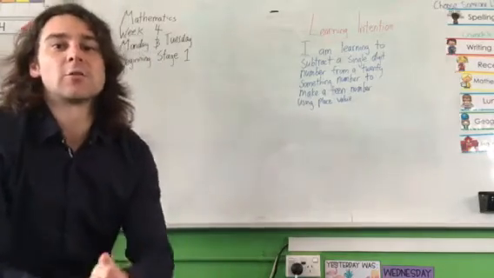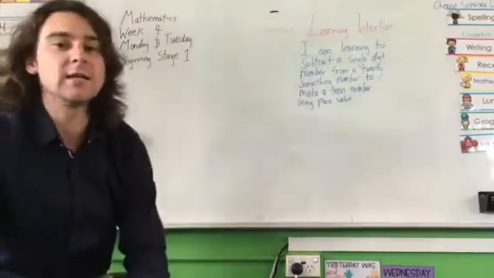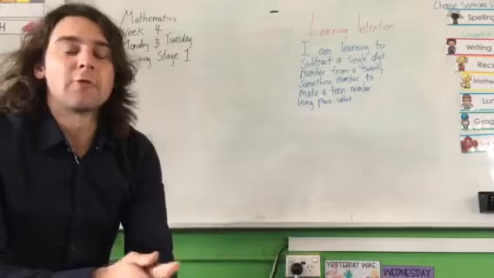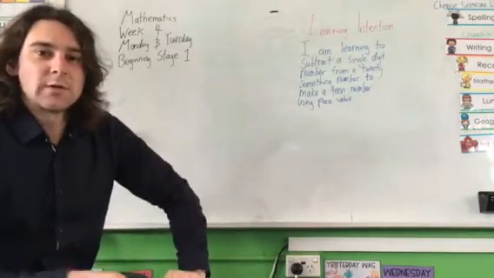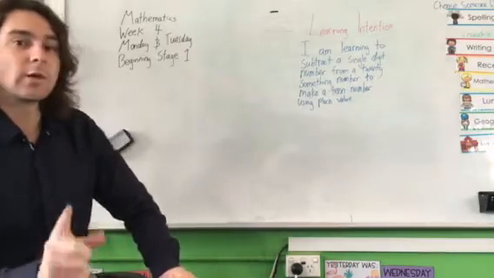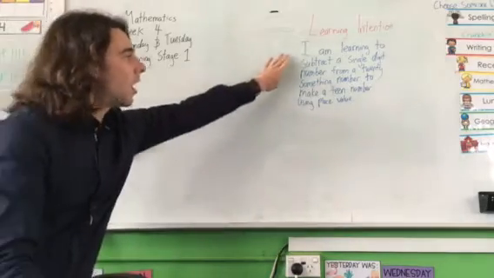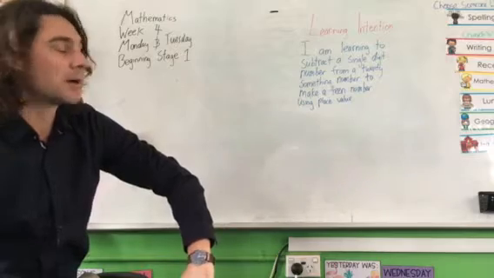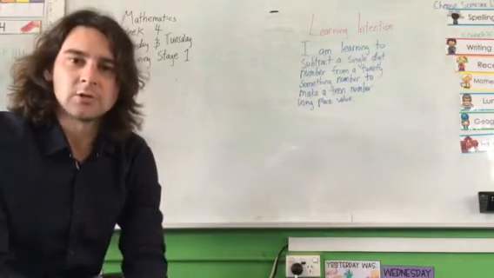Now we are going to go through our math lessons on a Monday and a Tuesday for beginning stage 1 for week 4. On Monday and Tuesday this week we are going to be doing the same thing in beginning stage 1. We are going to be learning and practicing: I am learning to subtract a single digit number from a 20-something number to make a teen number using place